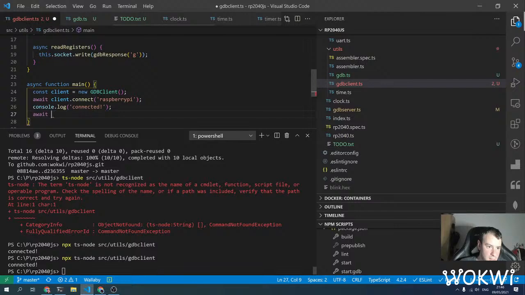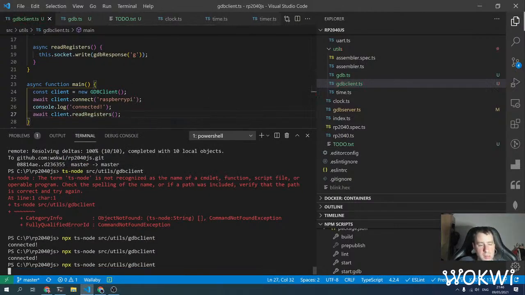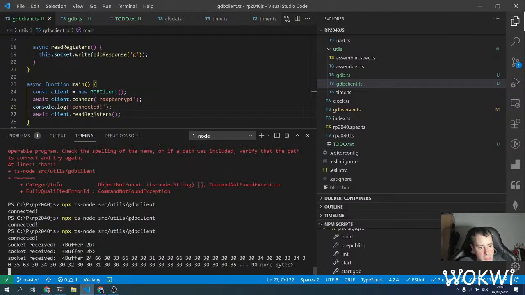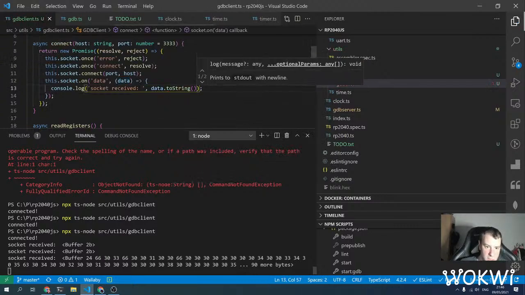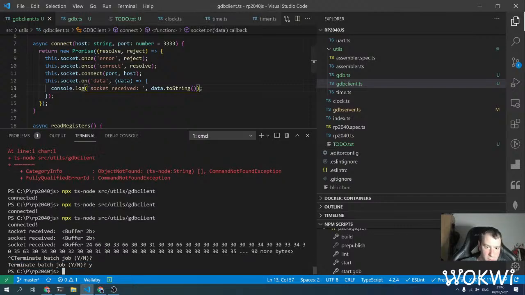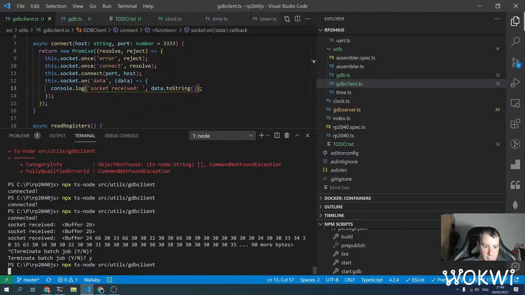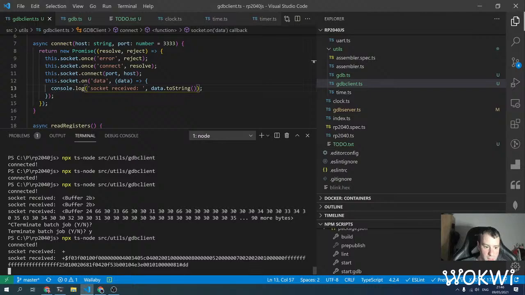This client.read registers, or maybe not if we missed anything. Oh, nice. Yeah, we need to convert it to a string, but it's a Node.js buffer, so let's try to convert it to string and see if we get, yeah, this looks like a legit response from